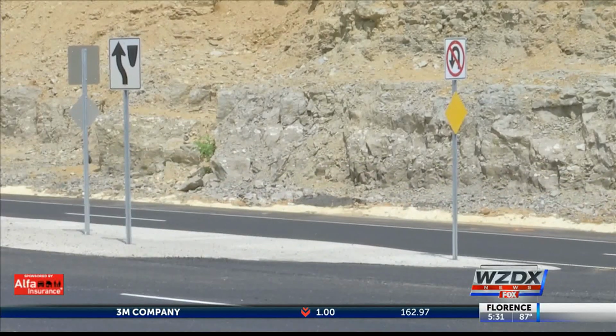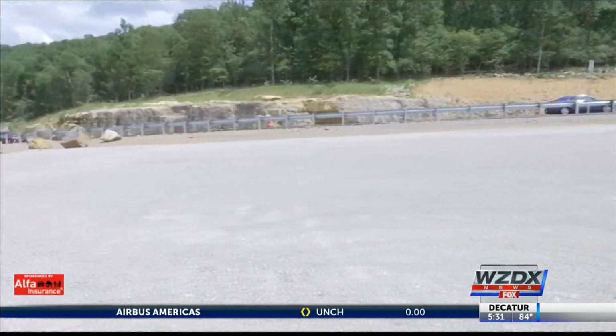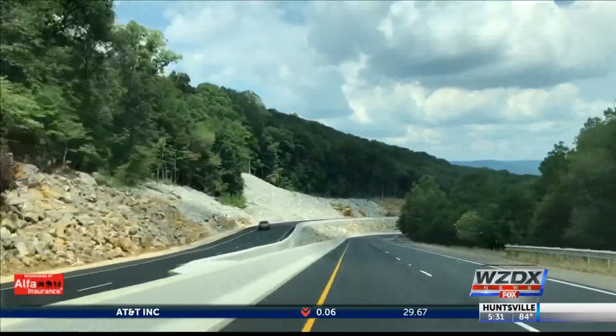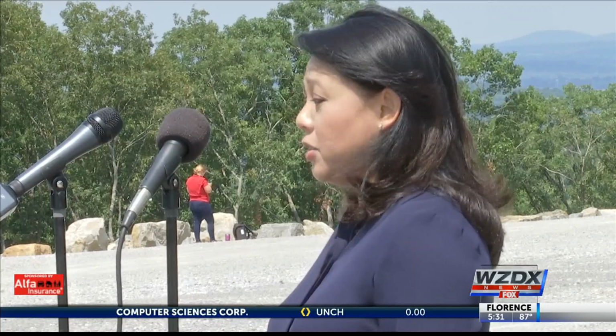Engineers had safety in mind when designing the road. Now there are 8-foot shoulders along each side of the road for cyclists and pedestrians, and a median cut at the top of the mountain for emergency vehicles. Some of the safety features that we added was the concrete divided median, raised median that will reduce the crossover traffic. We also installed an open grade asphalt friction layer on the top that would also help with the drainage